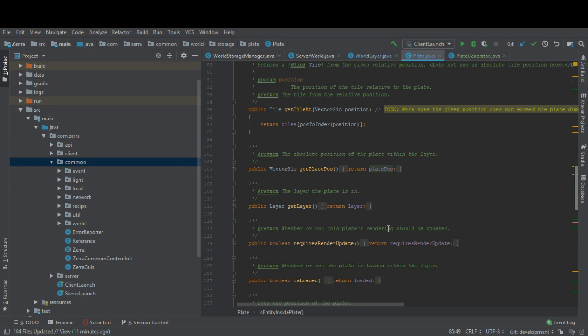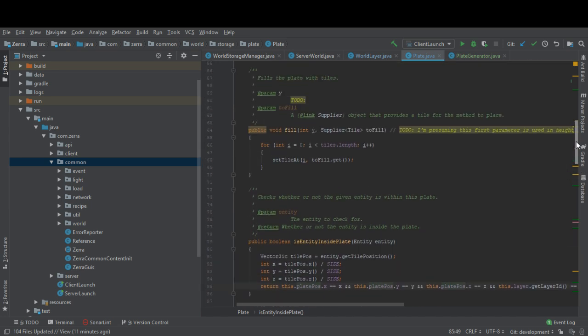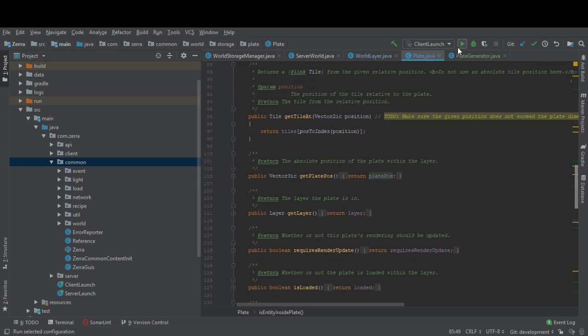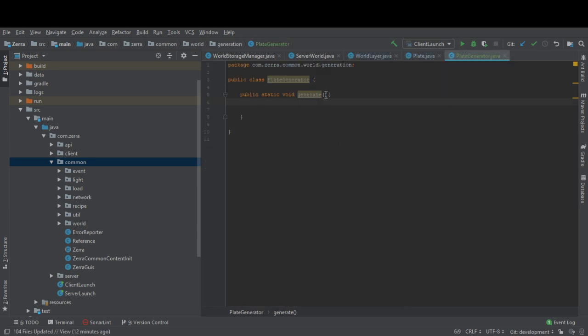Or we're going to say every two have two. So yes, we're going to check whether the neighbor plates to fill, and then we are going to